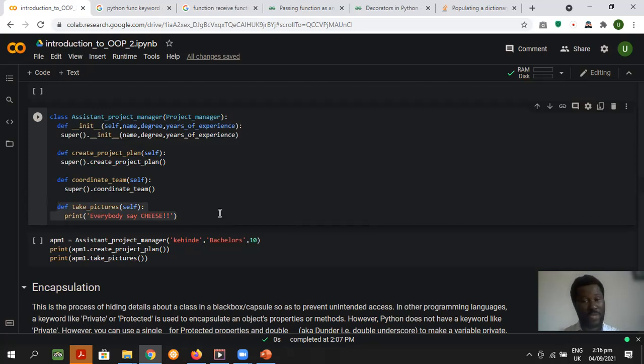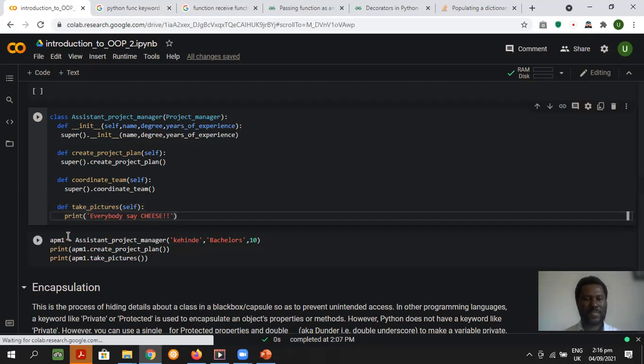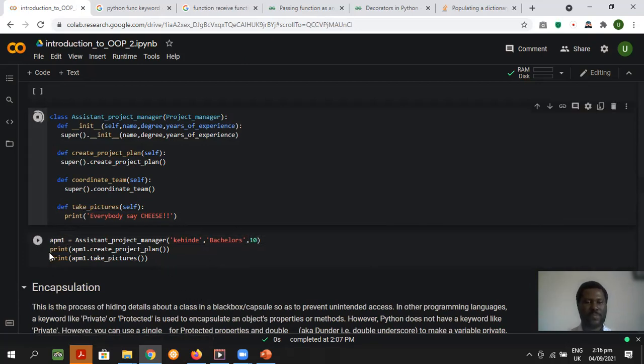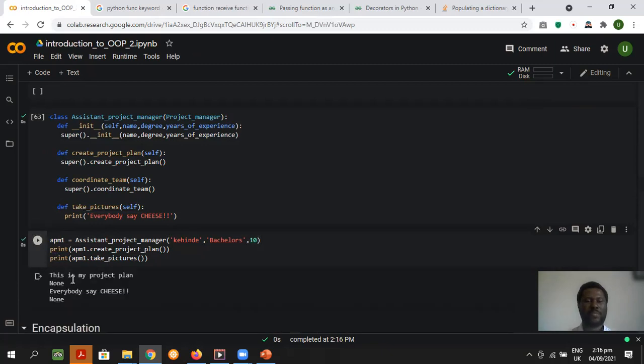like now, we did not know that we needed an assistant project manager from the beginning. So maybe the owner of the app just told us, what happens if something makes the project manager class not available? Oh, okay. I think we need an assistant project manager. So we are building that now. So once we do that, we will now initialize the assistant project manager class. And then, yeah, we have an assistant project manager called Kehinde. He has a bachelor's degree and he has 10 years of experience. And then when we run this, you'll see that Kehinde has done his project plan, and then